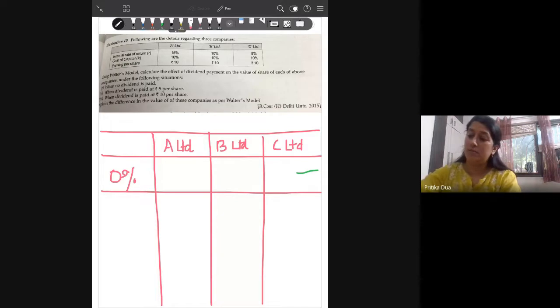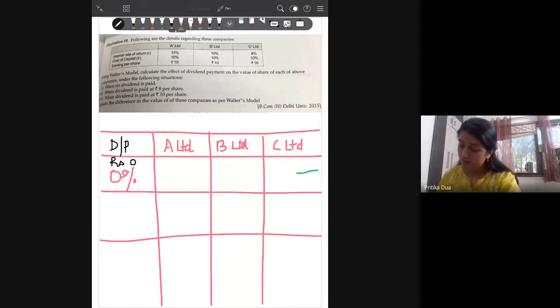So 0 rupees means a 0% dividend payout ratio. This is basically the dividend payout ratio, rupees 0 or 0% DP ratio. In the second case, the question is asking that the dividend is rupees 8, which means